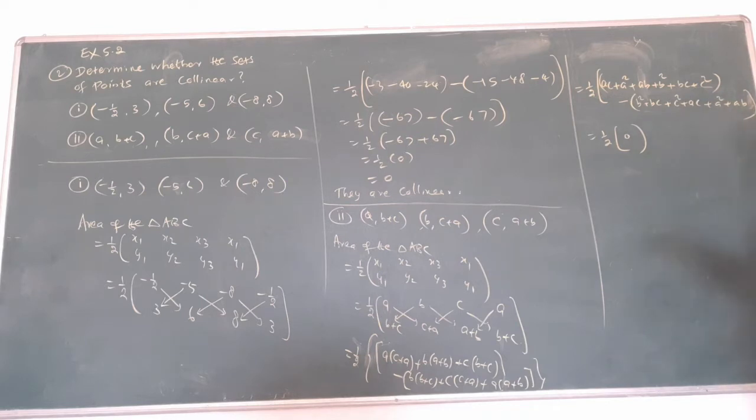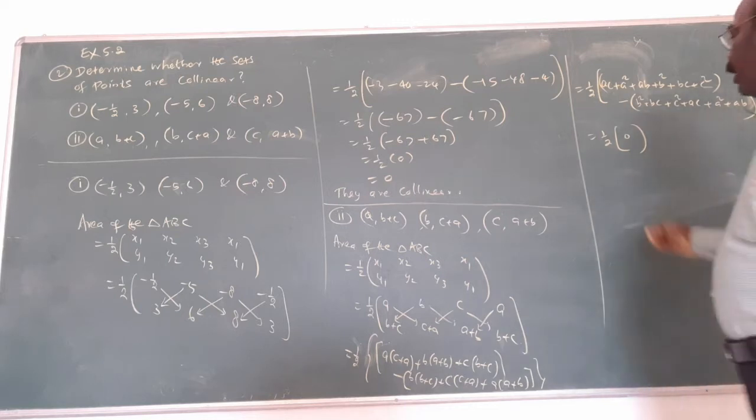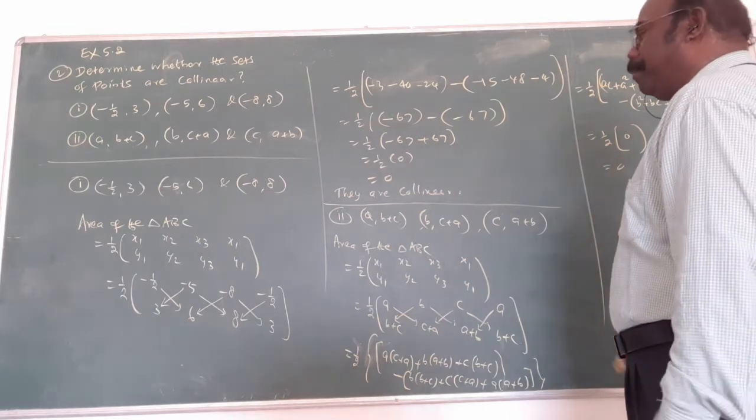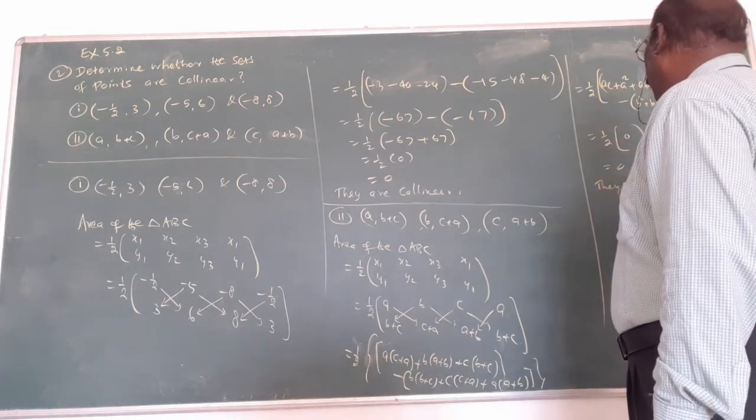Something minus the same thing. The term is there minus the same term here is there. Both are same. Here minus there. Total will be 0. In this way, we put 0 equal to 0. Therefore, area becomes 0. Therefore, they are equal here.